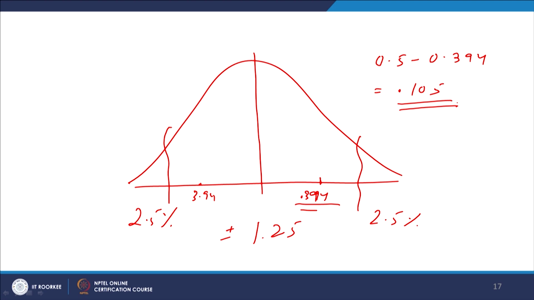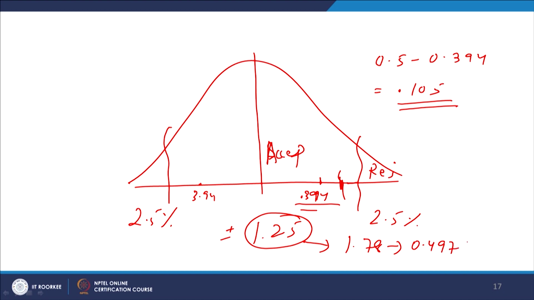Now, your value is lying somewhere around here. This is the rejection region, and this is the acceptance region. So, if your value has come somewhere here, beyond, then you cannot reject the null hypothesis. That is why, the lower the p value, the better. Had the calculated test statistic been, instead of 1.25, let us say 1.7 or 8, and the table value corresponding area under the curve is, let us say,